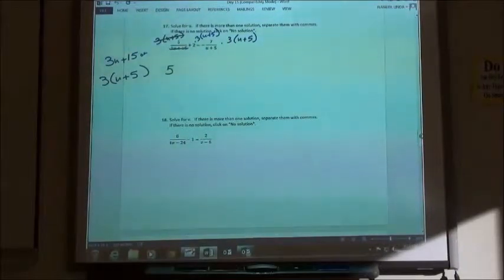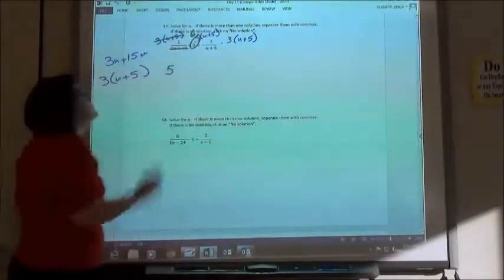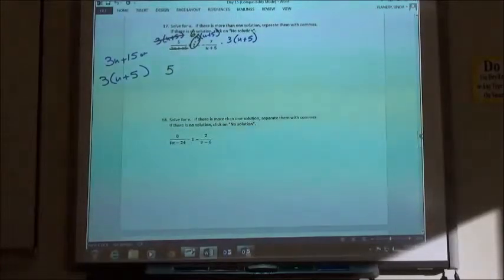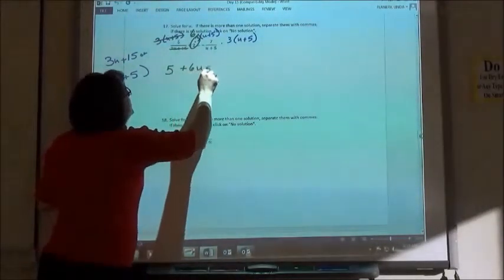On the next part, we're first of all going to do the 2 times the 3. 2 times 3 is 6. And then we're going to use our distributive property times the parentheses. So if we use our distributive property, we would get 6u plus 30